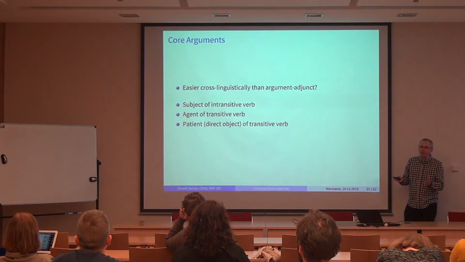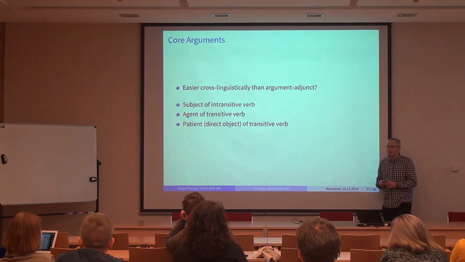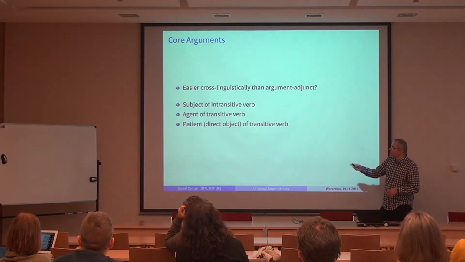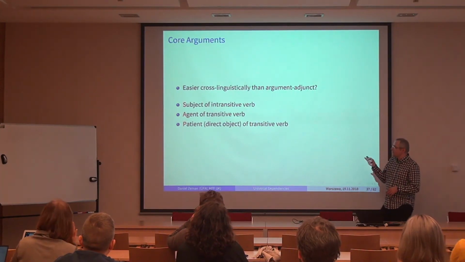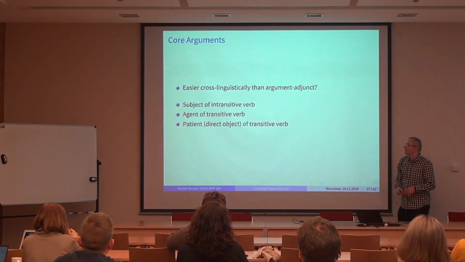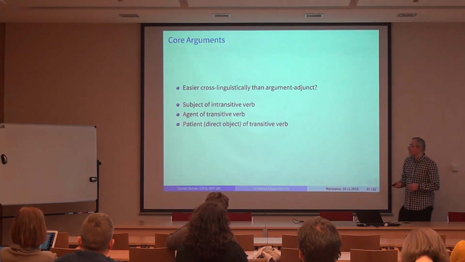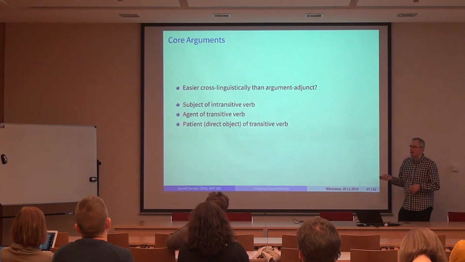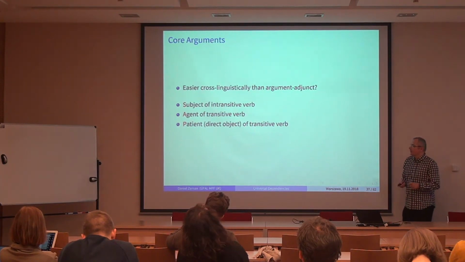Once you know what it means in your language, you will have easy means of distinguishing it in that language. But it's not easy to come up with what it means. So what is it supposed to mean? It's supposed to mean that you distinguish the subject of an intransitive verb or the agent-like argument of a transitive verb as the subject, and you distinguish the patient or direct object of a transitive verb. And these two, if I just talk about nominals, not about clauses, are considered to be core arguments, and everything else is oblique, whether it is an adjunct like an adverbial location or whatever, or more borderline cases like benefactors